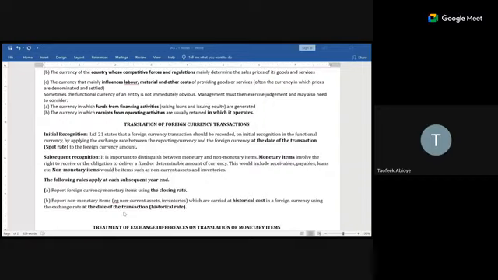But a non-monetary asset is an asset that does not give you the right to receive a fixed amount of money. Example, inventory. When you buy inventory, what does IAS 2 say? As subsequent measurement, IAS 2 says that you should measure at the lower of cost and net realizable value. So that means the value of inventory might drop or it might increase. And that is a non-monetary asset. It does not give you rights. When you want to sell that inventory, you don't know, maybe it will be more than 100,000 or lower than